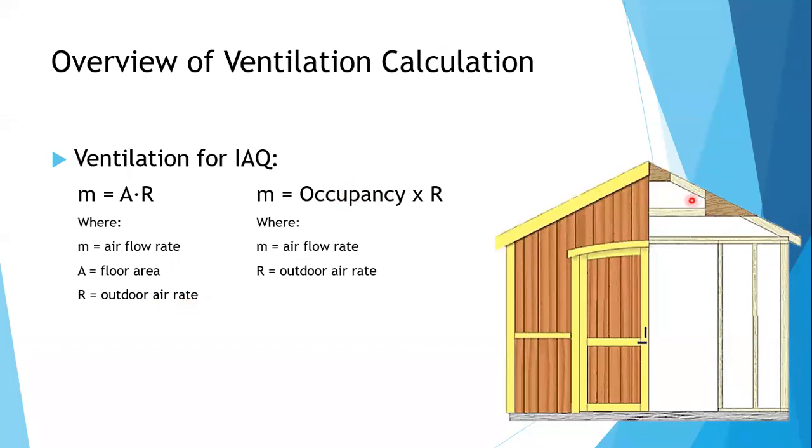Another way of getting this ventilation requirement is by having occupancy times R, or M is equal to the number of people inside times the room area. Why are we interested in the occupancy? Because the purpose of our ventilation is to have indoor air quality, or to have this space suitable for people, suitable for habitation, suitable for breathing requirements. So those are the two ways that we can